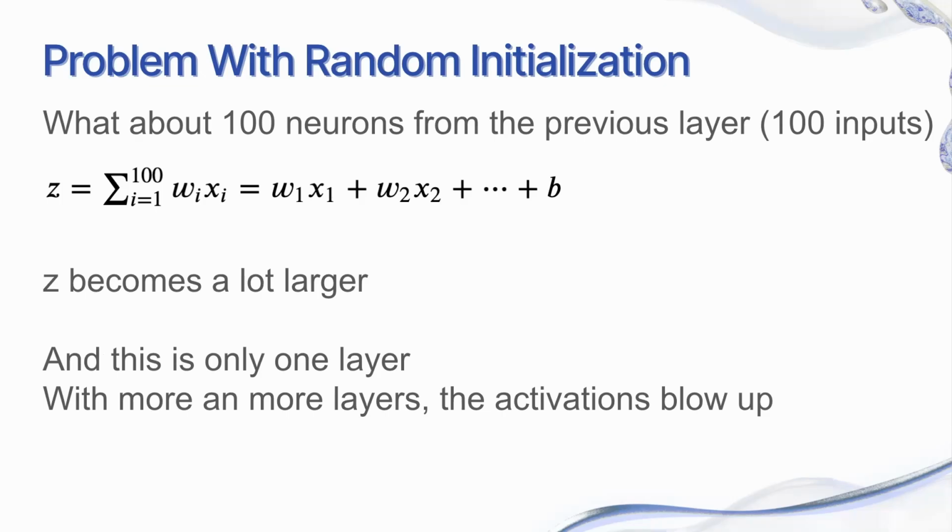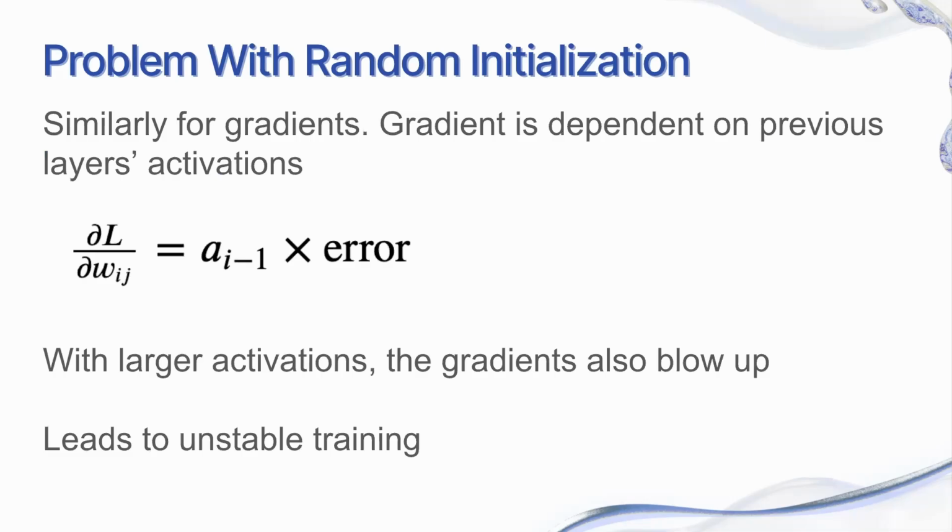Okay. And you might ask, it's just a Z value, right? What if I just limit it with a good activation function? Let's say I use the sigmoid function, where the output is the sigmoid of Z. No matter how big Z is, your value is always between 0 and 1, so it seems your activation is still controllable. But unfortunately, forward propagation is not the biggest problem. The biggest problem comes with backward propagation,